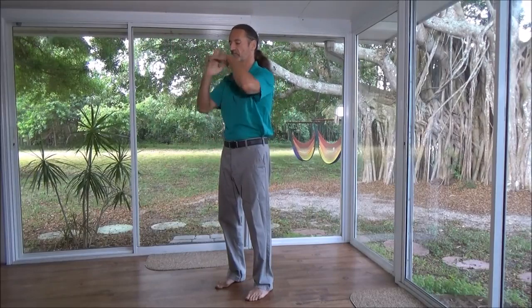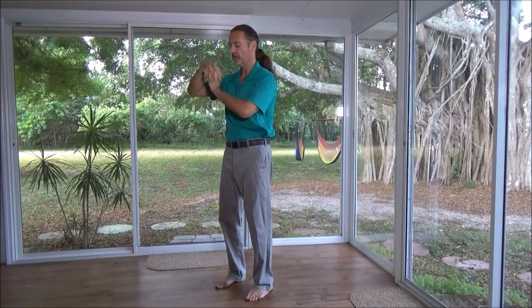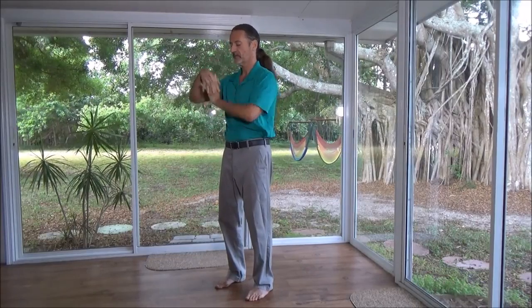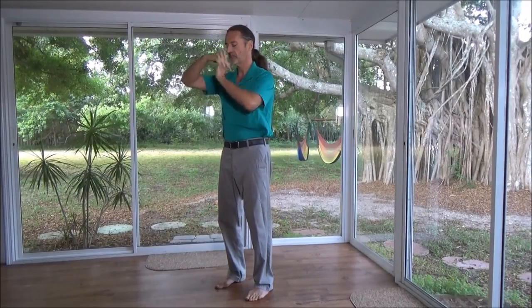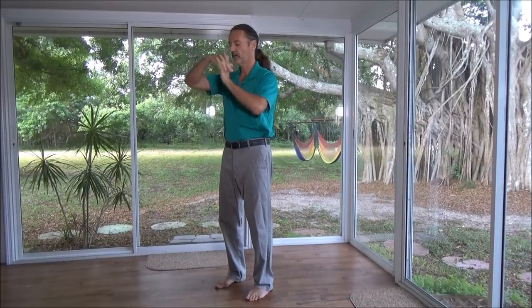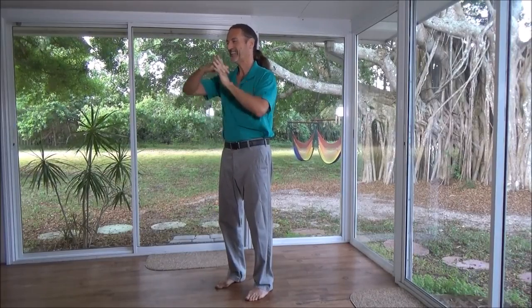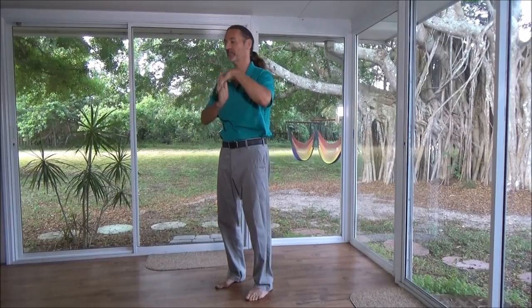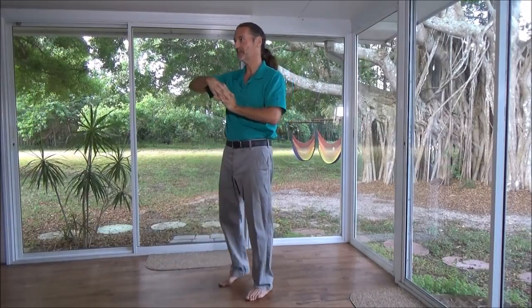And then this motion is like a wave motion, and we're just opening up the meridians through the forearms and the wrists and the fingers, and then just reverse the flow. Yeah, it's worse because my old teacher used to do this with us doing ankle circles at the same time,